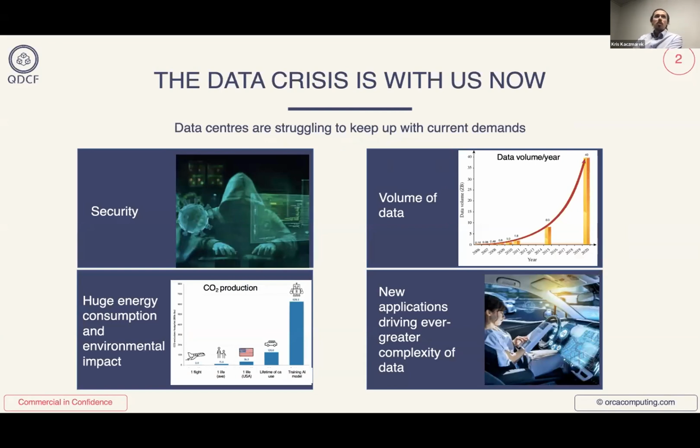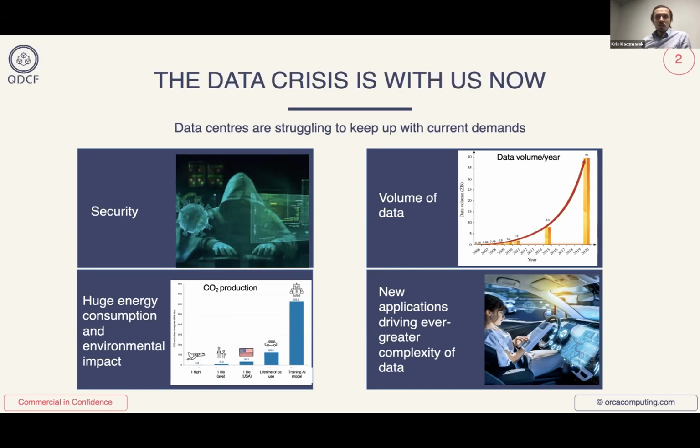Now, that presents a few challenges naturally, right? One of them is you want this data to be secure, the data you send. If you're doing banking online or even messaging, you want your data to be secure. And there are more and more threats appearing to that security that we need to be able to handle. Just as everything is slowly moving towards the internet and the cloud, the volume of data that has to be handled by data centers is also increasing exponentially.